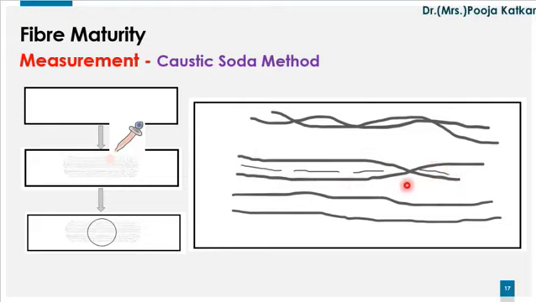Let me repeat again. As far as caustic soda method is concerned, here we use 18% NaOH solution. First of all, you have to select the sample. The sample has to be distributed based on their length. You have to prepare end aligned distribution of the fiber, and you need to collect tufts from various zones of the fiber distribution diagram. In next step, you have to take a clean glass slide, put tuft of the fibers on the glass slide and treat the fibers with the help of 18% NaOH.